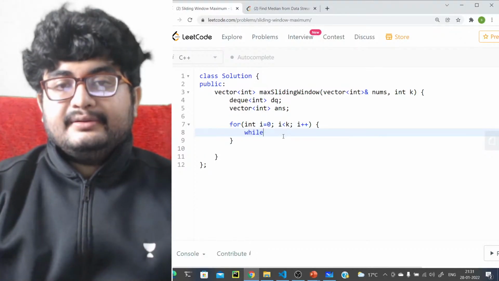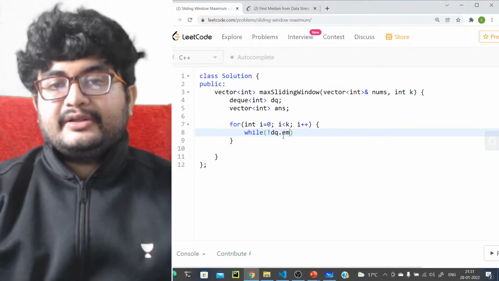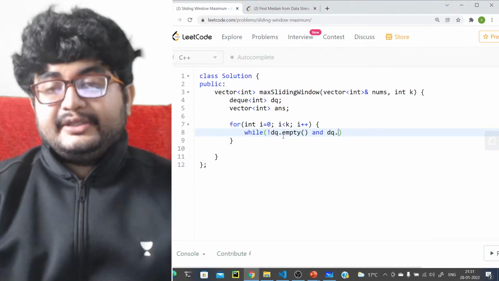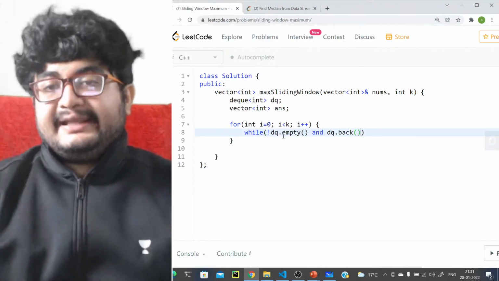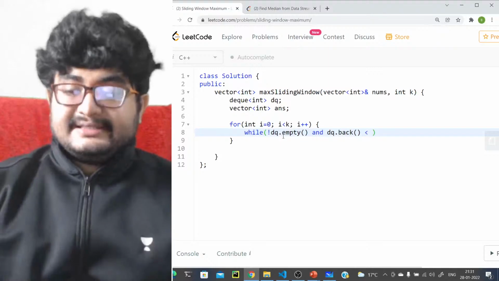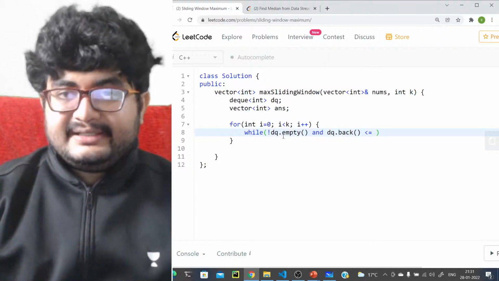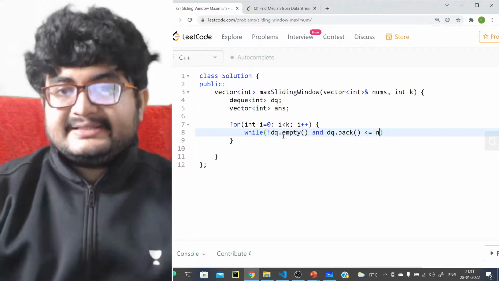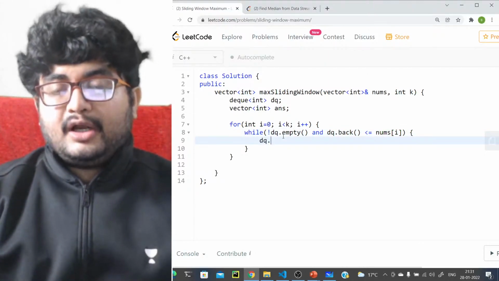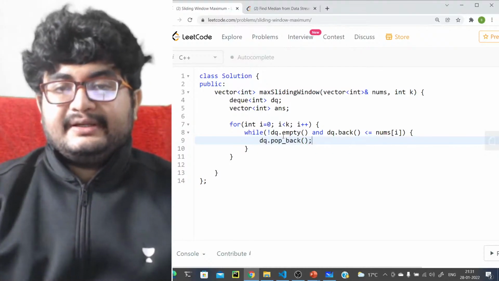While the DQ is not empty and dq.back, the element at the end, is less than or equal to the element that is coming in, the current element, that is nums of i, in that case we should do dq.pop_back, we should remove that element, right?